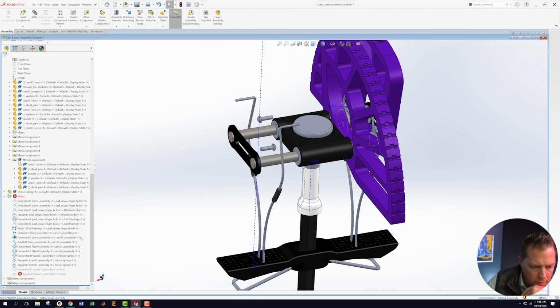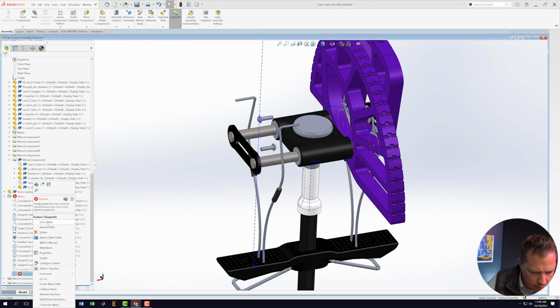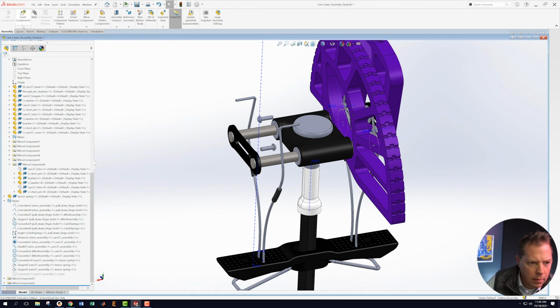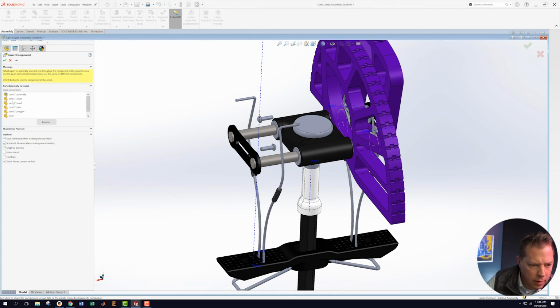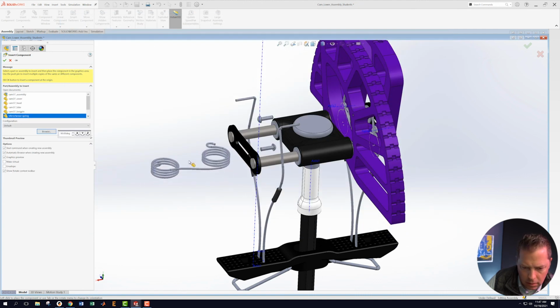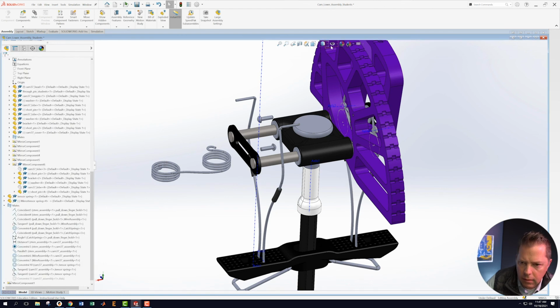Okay, then we get rid of that. Then this thing is just dangling, so we need to delete it. Delete. Okay, now we're going to insert this. Insert component, browse. Okay. Mirror tensor spring. Yes, okay. Now we're going to